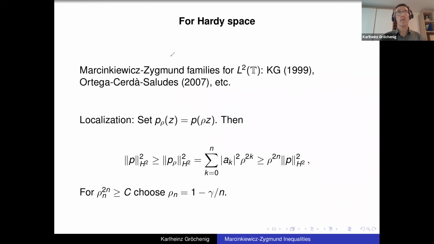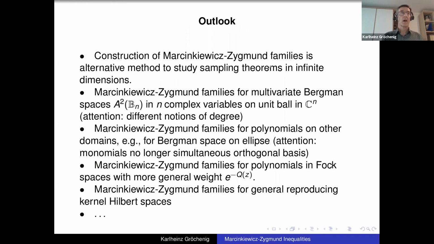I should say that Marcinkiewicz-Zygmund families for L2, well, that was my first contact with the topic. They're almost completely characterized by Grochenig and Saludes, a long time ago. And I have a remark on how you see the localization and where this comes from. It's a similar computation we did 40 minutes ago for Bergman space. So I think I'm done, and I'd like to briefly summarize what I tried to